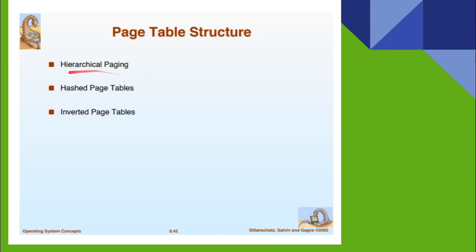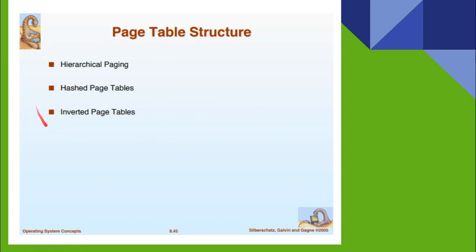With a hashed page table, when the page table is longer, the access time will be more. Hashing is an important searching technique which always helps to get fast access in any search. That concept is used in the page table search also. In the inverted page table, the concept is that there is a page table entry for every real entry. From the real entry, it will go on to find the other related entries. That is the use of the inverted page table.